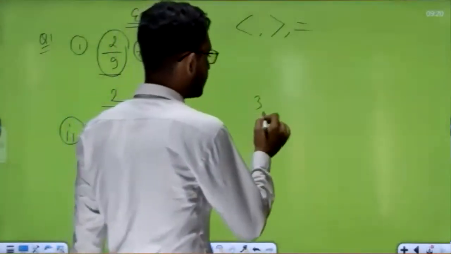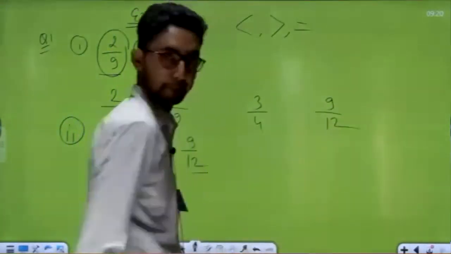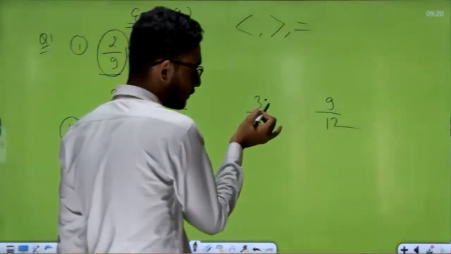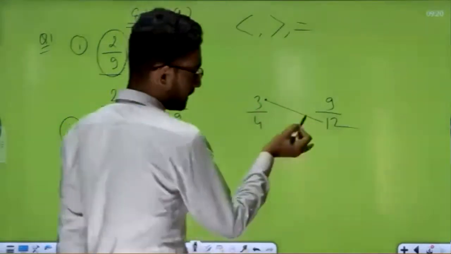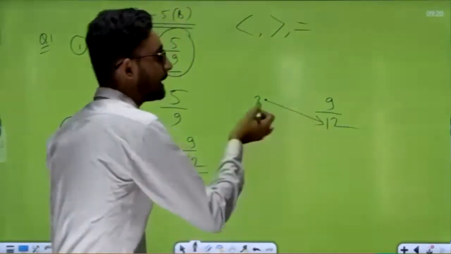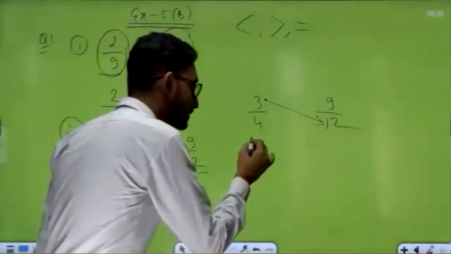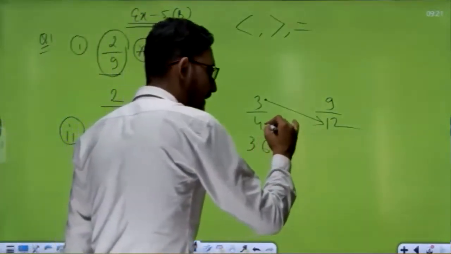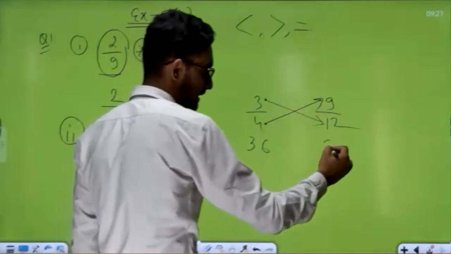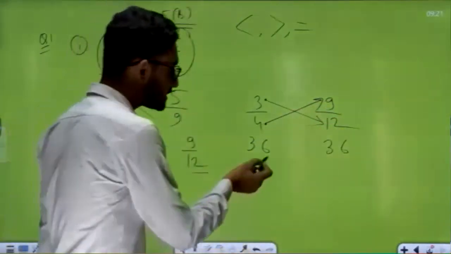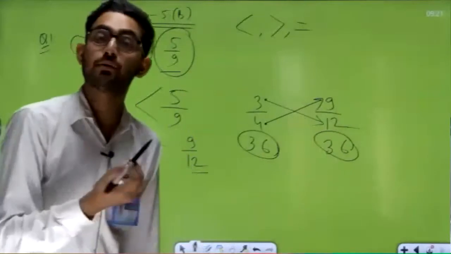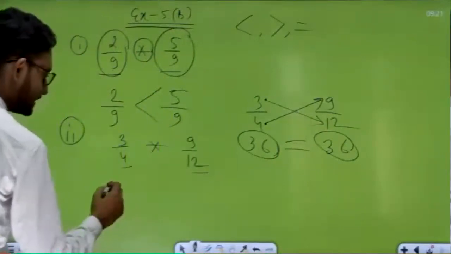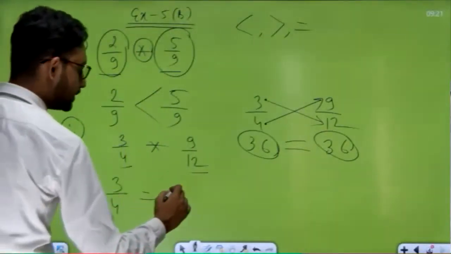See, 3 upon 4 here, 9 upon 12. Correct? So we'll start from where? Like this, from the first. Multiply. Give an arrow. When you multiply 3 by 12, the answer will be 36. Write it downside. And you have to multiply from here. Tell me what is the answer? 4 nines are 36. So students, tell me, both answers are coming the same. Yes or no? When both answers are the same, then give the sign equals to. So we can say this 3 upon 4 has the same value as 9 upon 12.